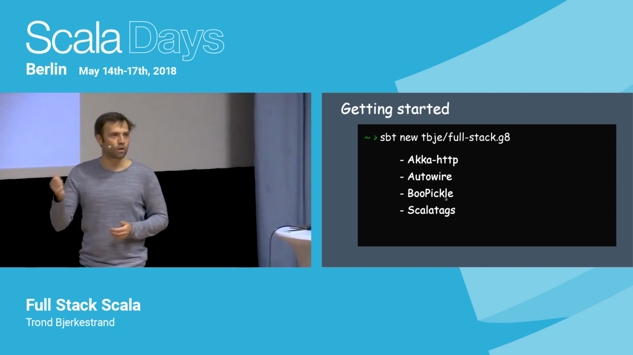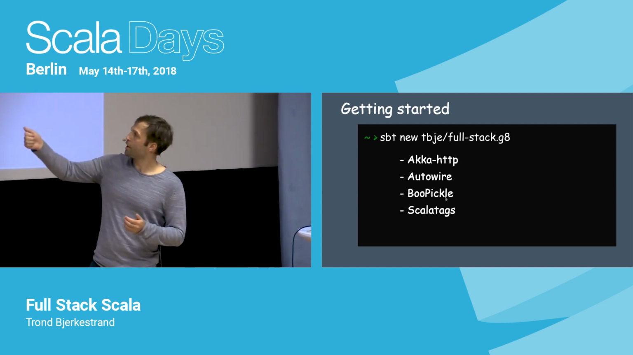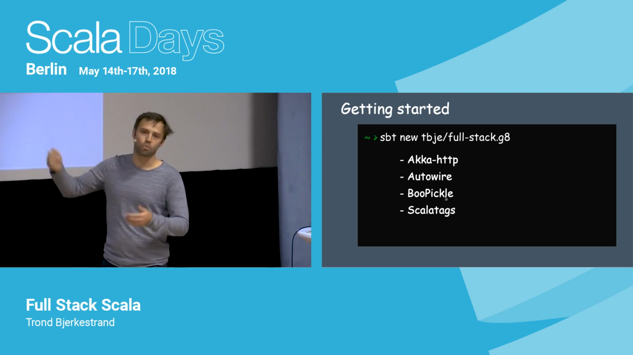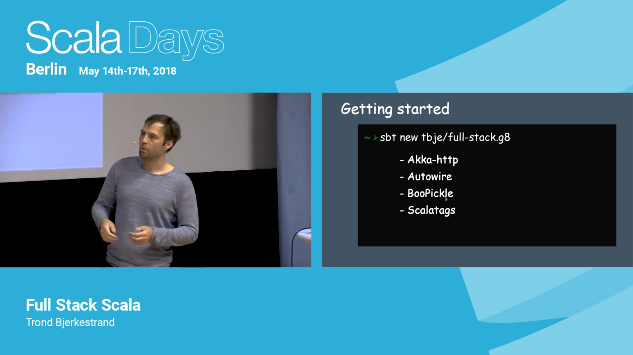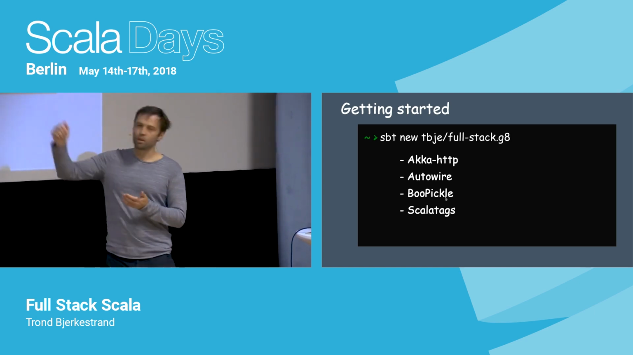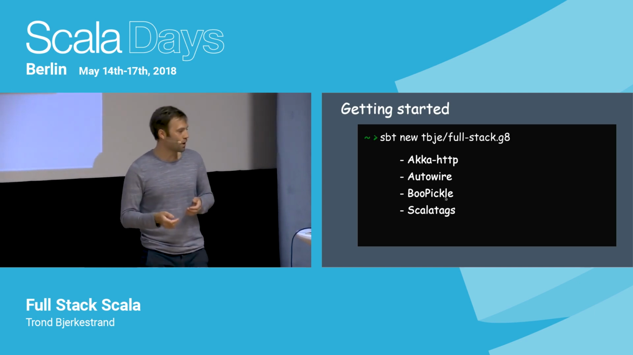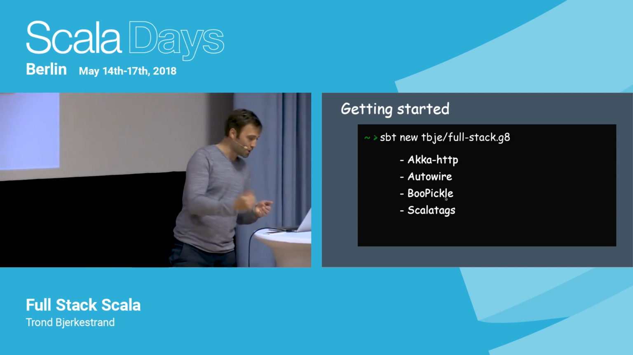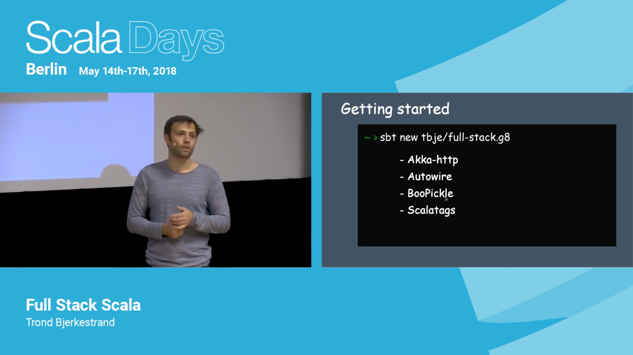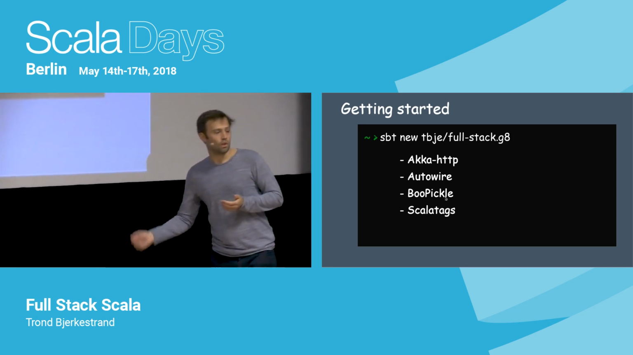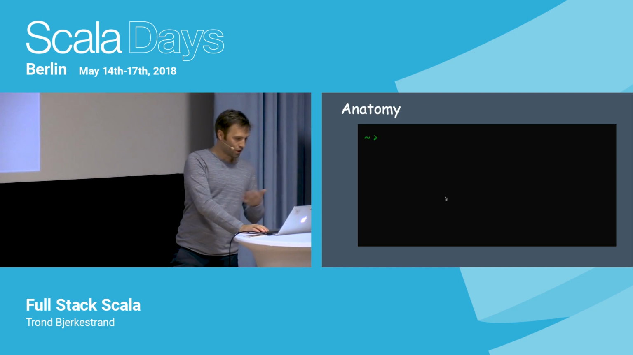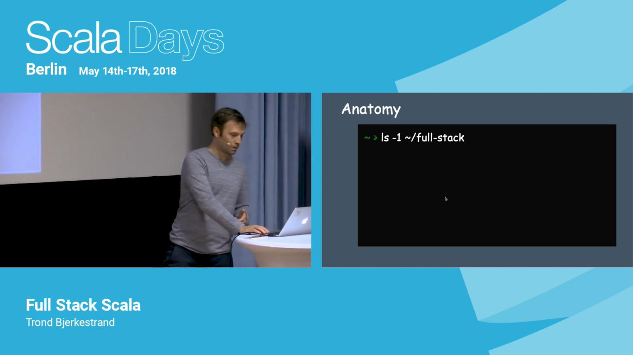AutoWire also needs some kind of serialization mechanism, and I've chosen BooPickle for this example. So there are other options as well. You could do uPickle. BooPickle is a binary format, so that's quite nice. Finally, we have Scalatags that is also added to this project, which allows us to write HTML and CSS in JavaScript. So let's look at what we got when we download this